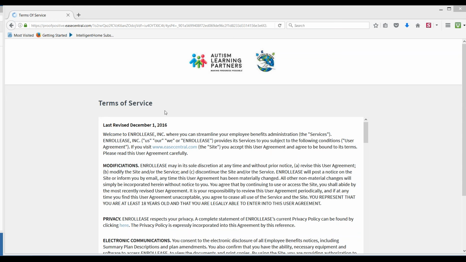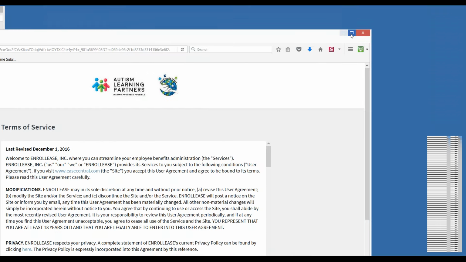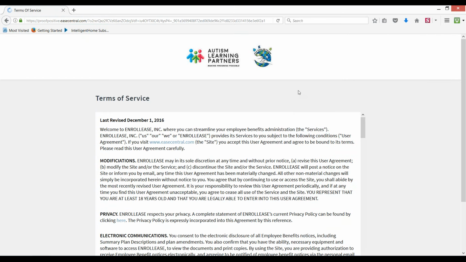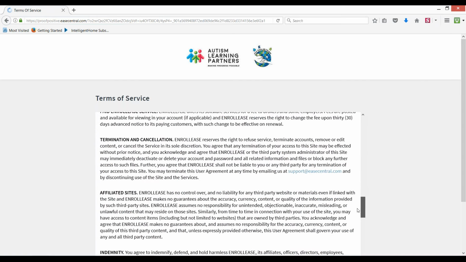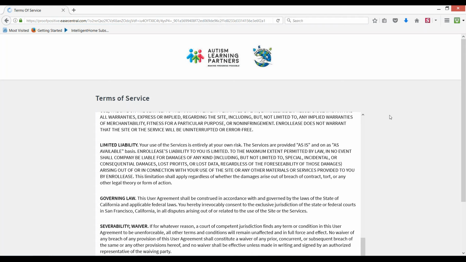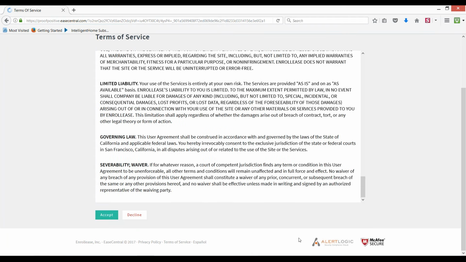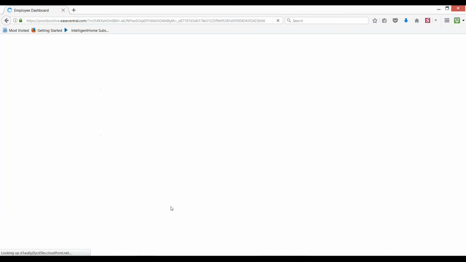Everything that you do here will help us enroll you in the correct plans and make sure that we don't miss any vital piece of information. So with that, most of you would have seen blue there for a second, and then I placed this on the screen. This is what the actual portal looks like right after you put in your username and password. It asks you to agree to everything, and this is why I wanted everybody to see it. So you go down here to the bottom, and you're going to accept that.